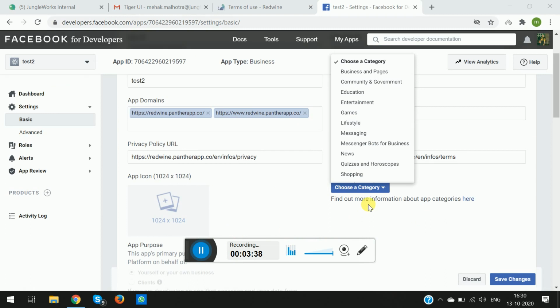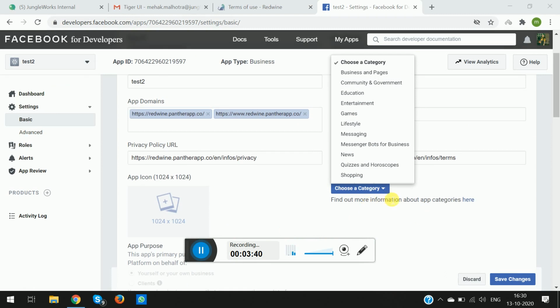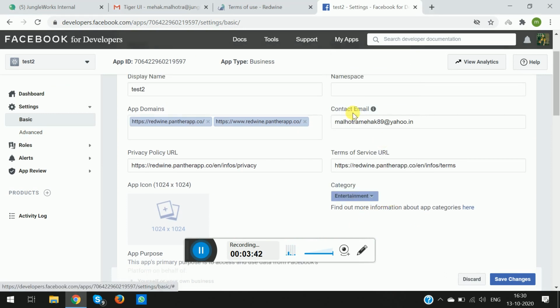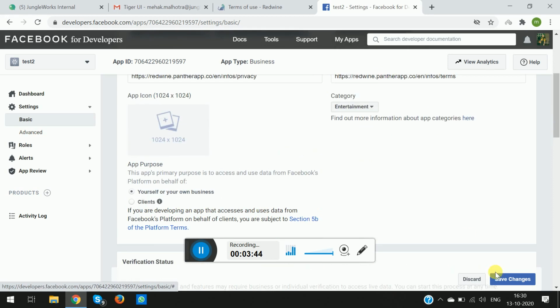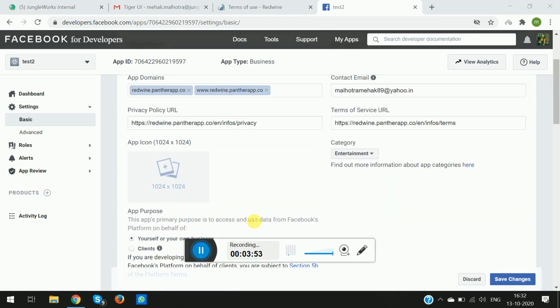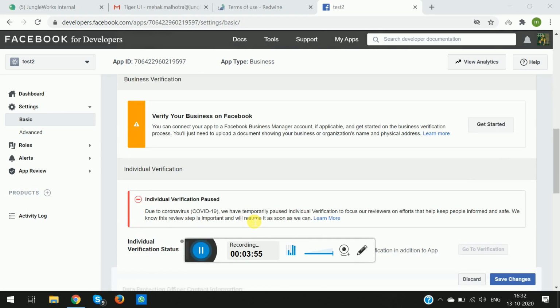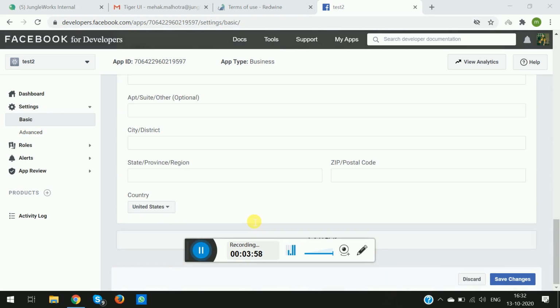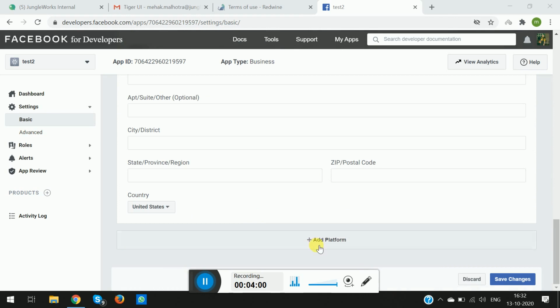Next step would be to choose the category of the app you are creating. Let's say it is an entertainment app. You select the category and save the changes. Once this is done, scroll down a little and you will see the option of adding a platform.